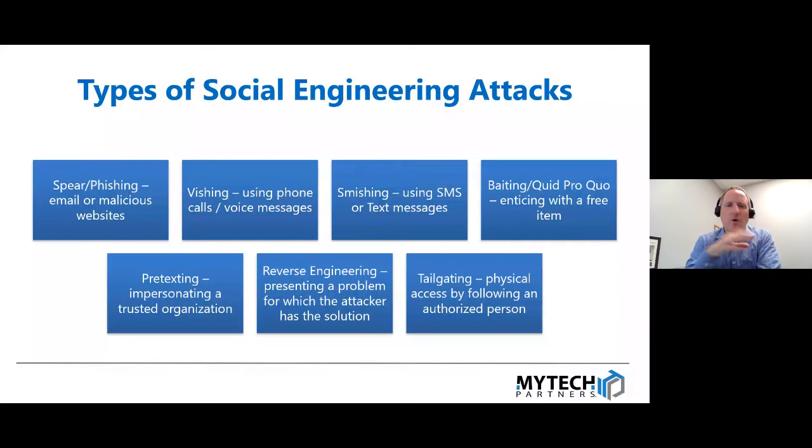Finally, tailgating, and there's more, by the way. These are kind of the high-level ones that are a combination of digital as well as physical. Physical if you have a key card access system or some physical security in your building or in your office. Allowing someone that may or may not be authorized to go behind you is called tailgating. Maybe they would pretend to have a whole bunch of stuff in their hands, like, I can't open the door. Could you please help me? And they let you go through, not knowing whether or not they're authorized.